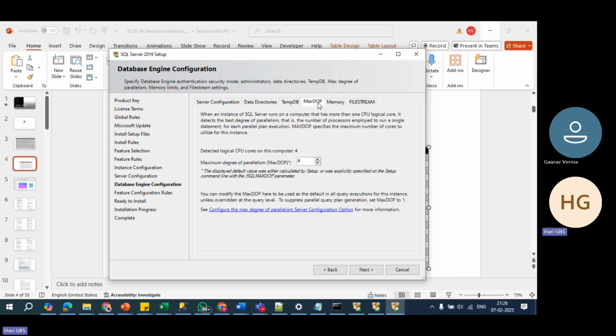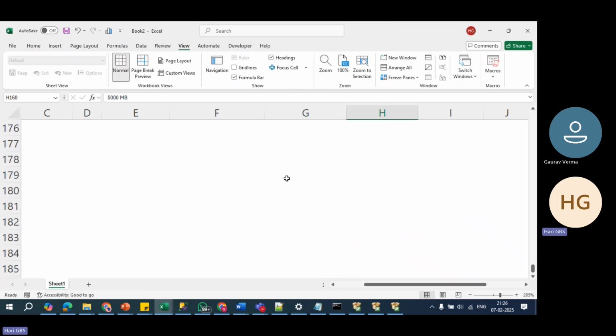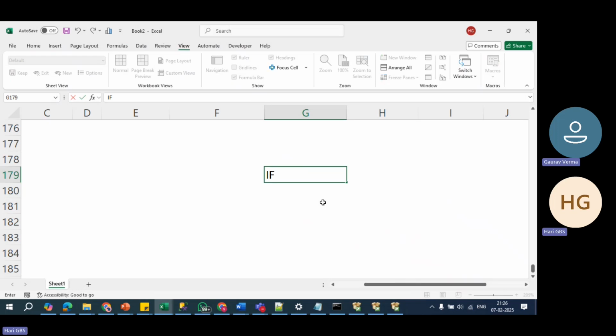Let me discuss. So max DOP means maximum degree of parallelism. If you give a task to the computer, how many parallel executions can it do to complete your query within a shorter time? For example, in our childhood, in maths, teachers used to tell the story. If four workers are